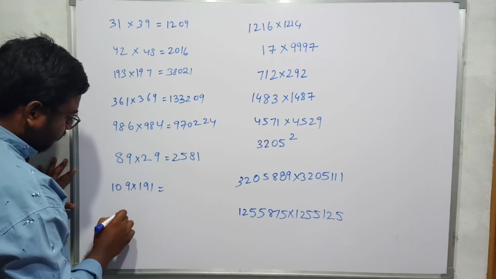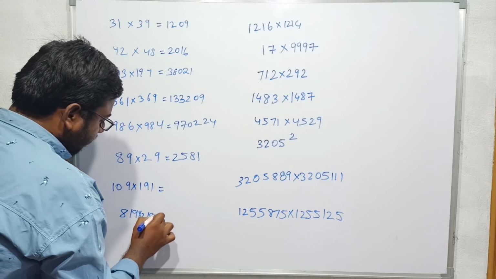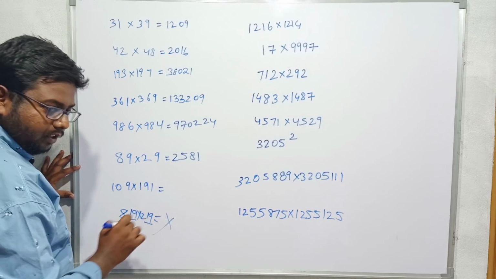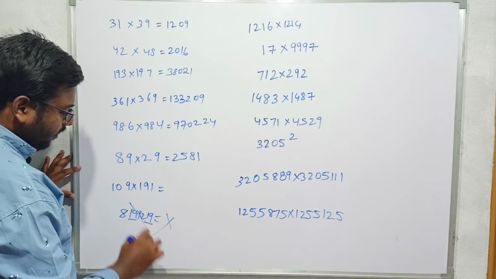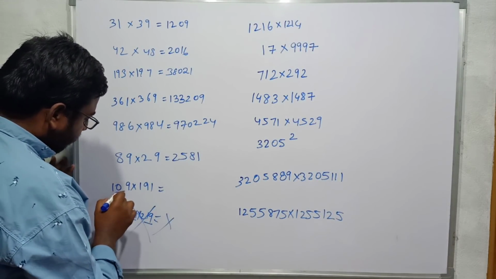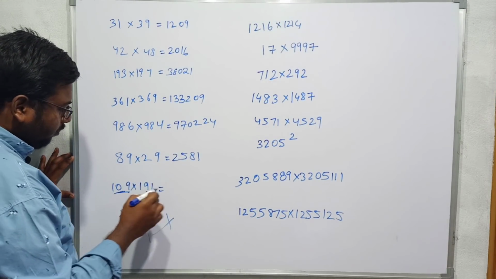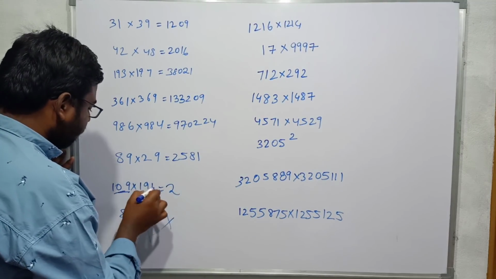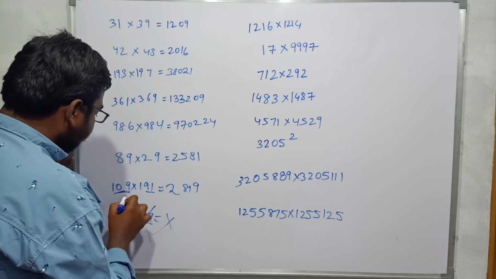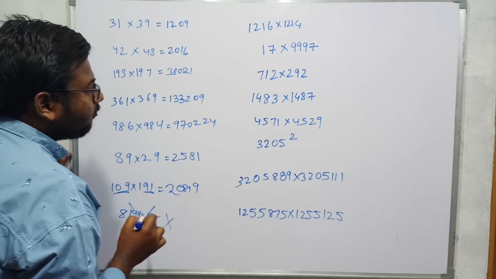So if I saw a question like 819 into 219, I can't solve this with this method, because 19 is a 2 digit number, so this trick can't be applied for this. Be careful in that. 109 191, here see 09 plus 91 is 100, so 1 and 1 are same. 1 into 2 is 2, and 9 into 91 is 819, but this should be a 4 digit number, so 20819 will be our result.